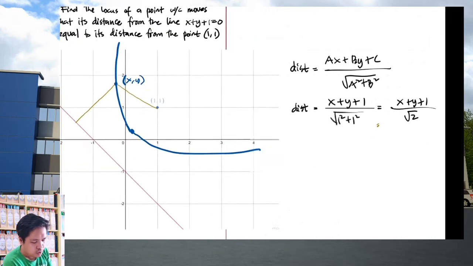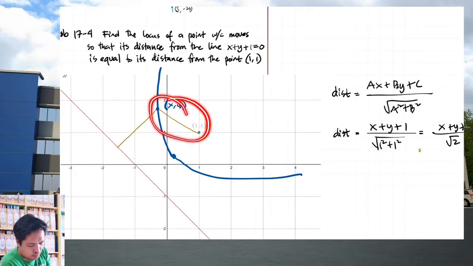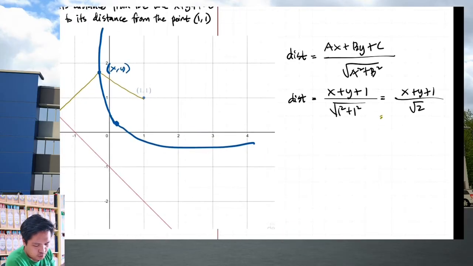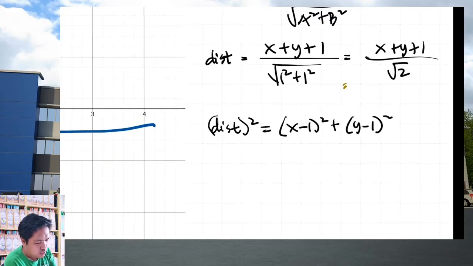Now, looking at the distance from (x, y) to (1, 1), the distance squared is equal to x minus 1 squared plus y minus 1 squared. If we equate these two distances, since they are the same according to the problem,